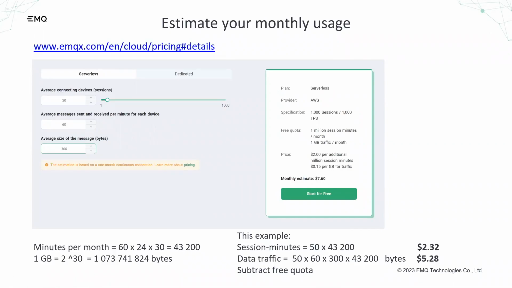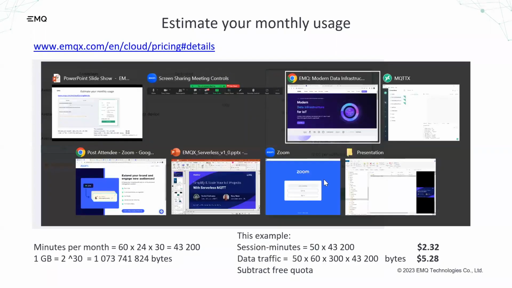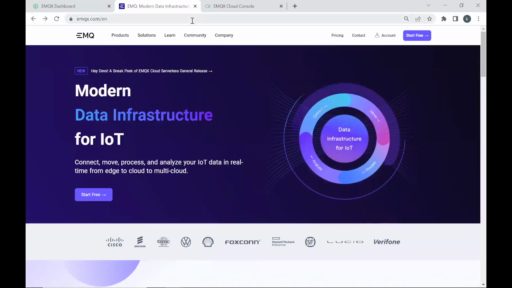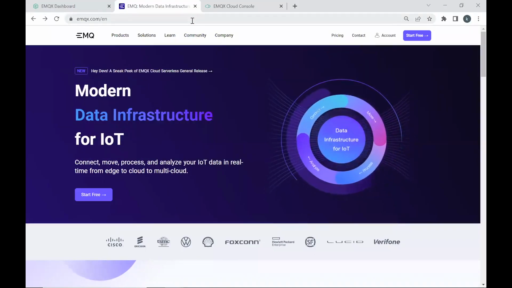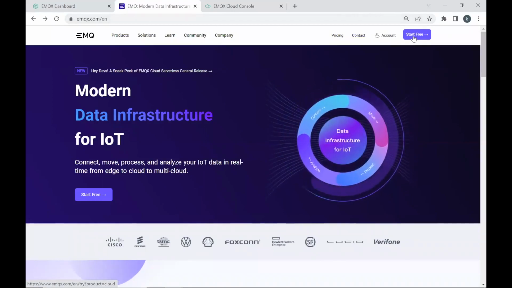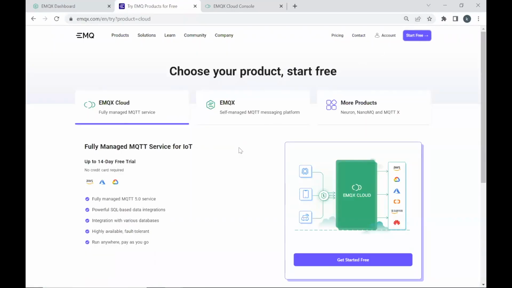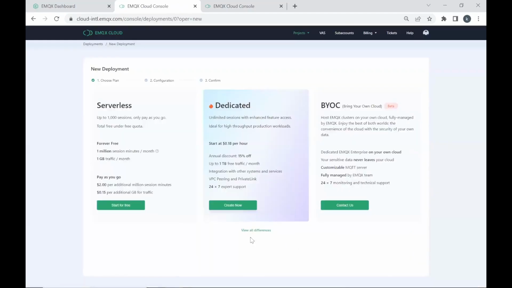So next, what I want to do is give you a demo to show you how easy it is to set it up. The place to start is emqx.com. If you press Start Free, you'll come to this page, and this page allows you to try any of our products for free. But since we want a cloud product, we select EMQX Cloud and then Get Started Free. Once you sign up, you'll land on this page. And if you select Serverless, Start for Free,